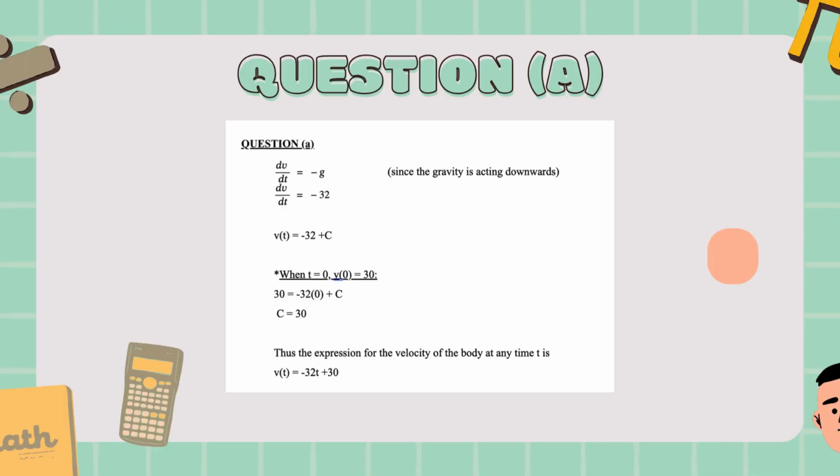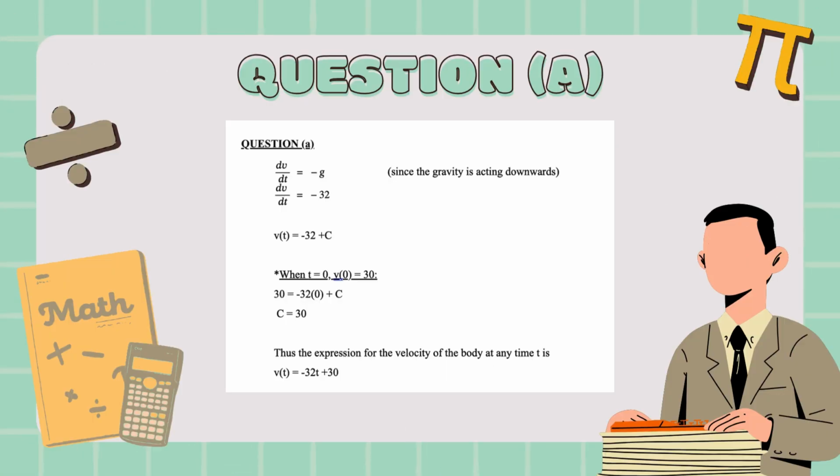A body is dropped from 300 feet with an initial upward velocity of 30 feet per second. Since there's no air resistance, the only force acting is gravity, with an acceleration of g equals 32 feet per square second downward. That gives us the equation dv/dt equals minus 32. Integrating both sides with respect to time,